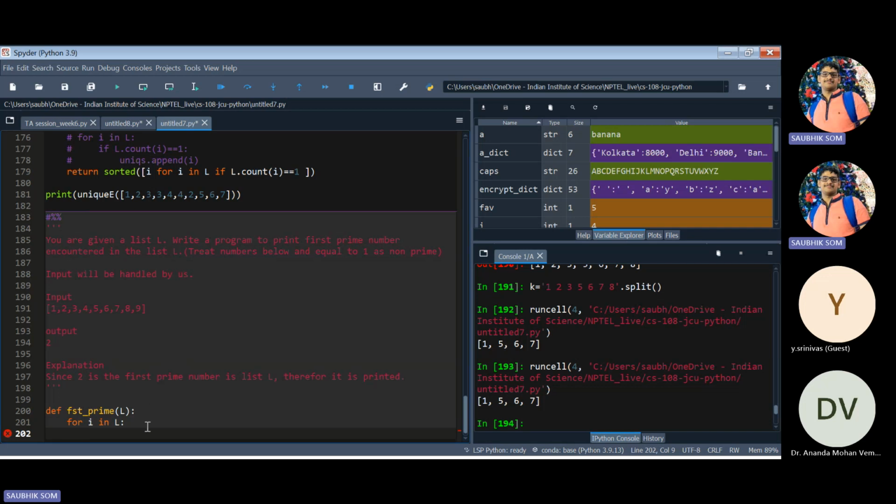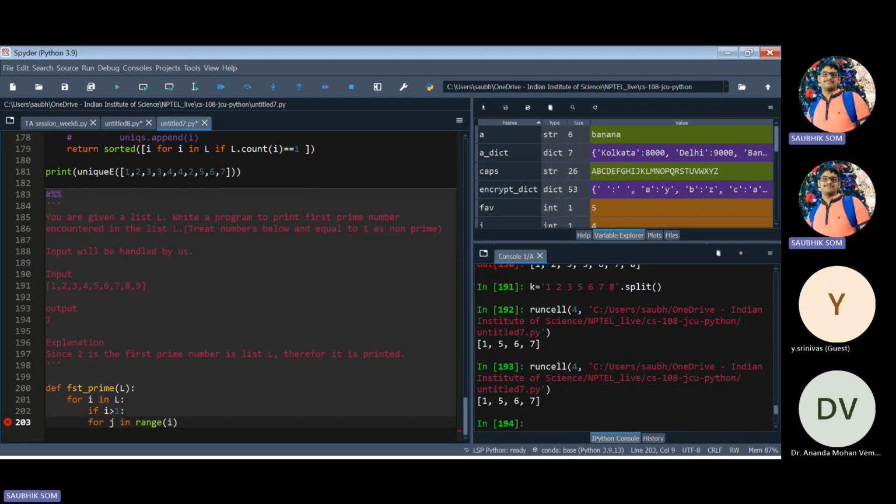Okay. For I in L, for J in range of I. For example, if I is 1, I have to go from range of I. Okay. And I'll ignore 1 because 1 is not a prime number. So only if I is greater than 1. If I greater than 1, there is an ignore. Okay. If I greater than 1,